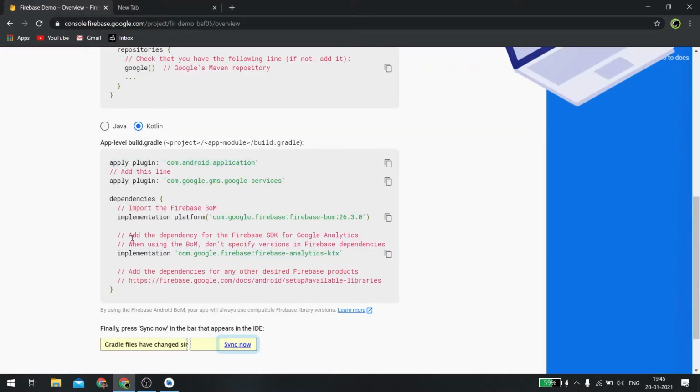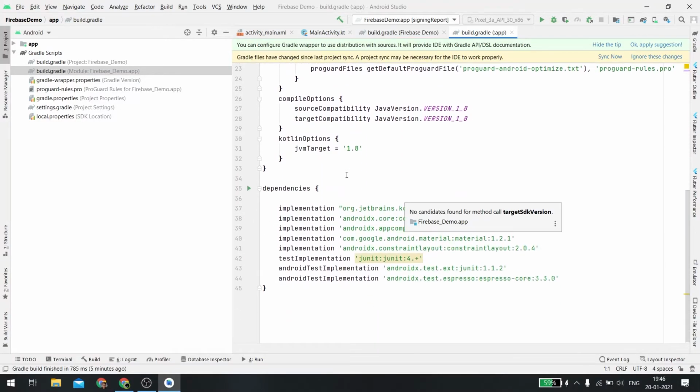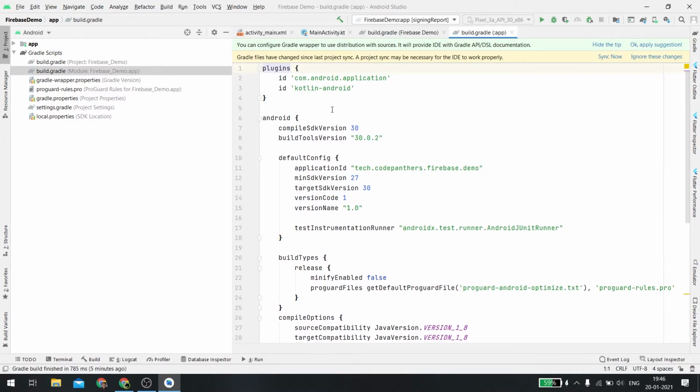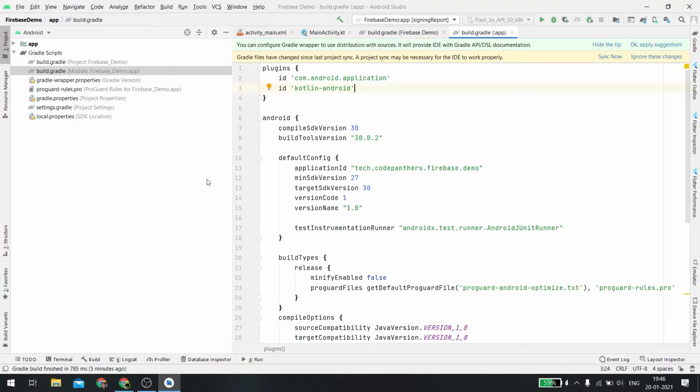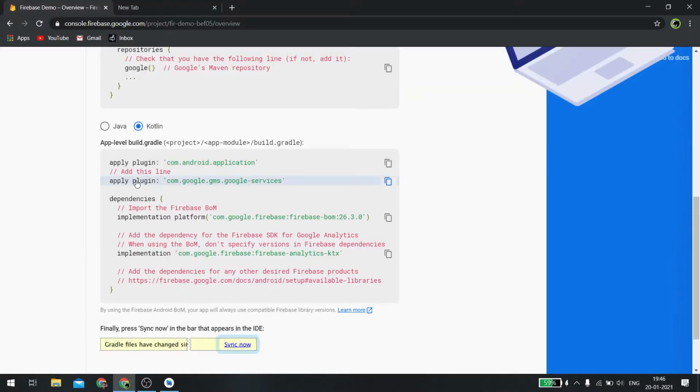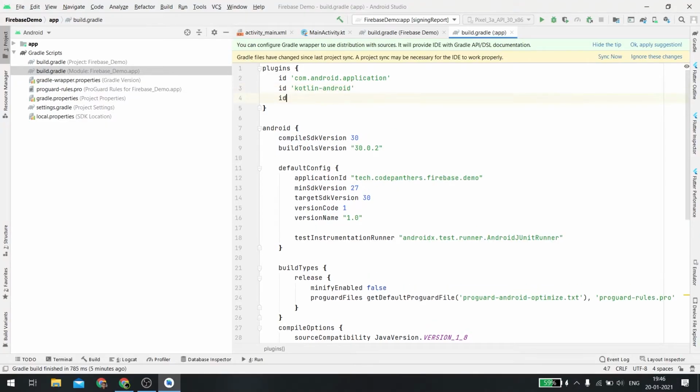The first thing that we have to add is to apply this GMS Google Services plugin right below the plugin that is for Android applications. Now I don't see this. I think the logic has changed somewhere, I guess. Okay, so the code for this has changed, but it is not updated here. What we have to do is go with this.